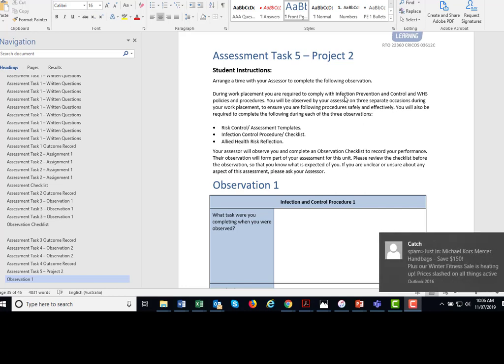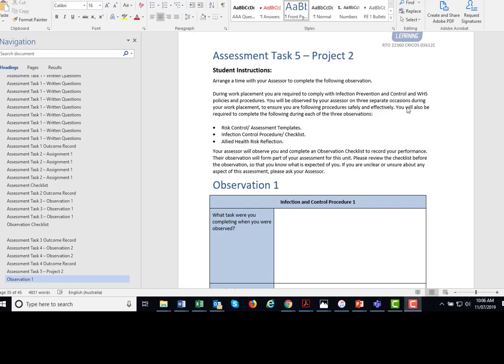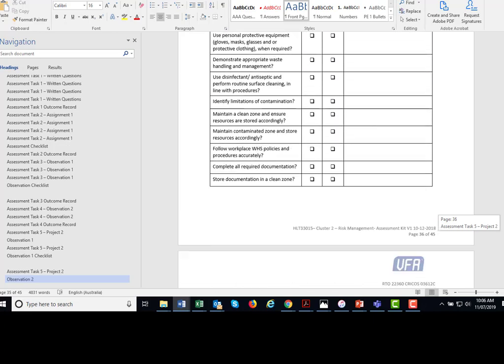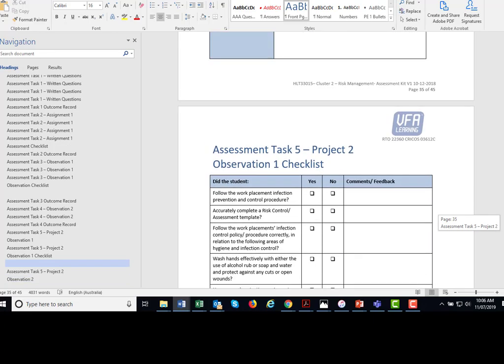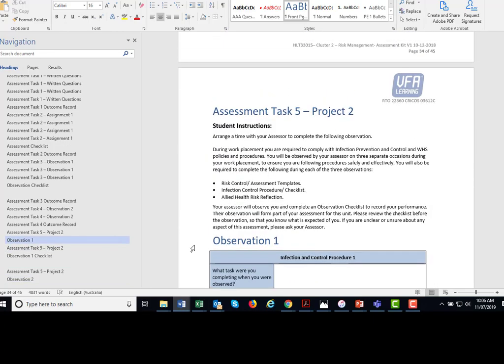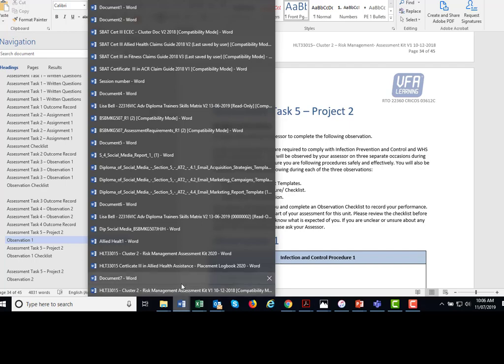So what I've done is I've made this just 1 occasion. In the assessment book, I've removed 2 of the checklists, so you'll be observed by your assessor in the workplace on 1 occasion. The training package says that you need to demonstrate infection control procedures 3 times in the workplace. But what I've done is I've made this 1, but in the placement book,